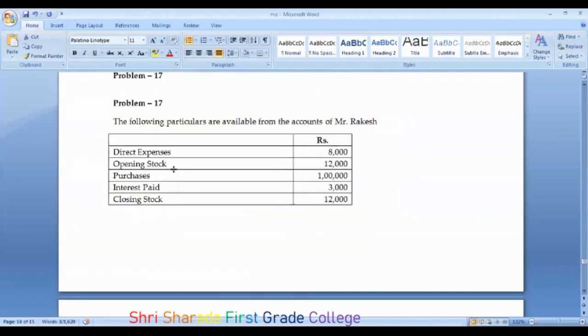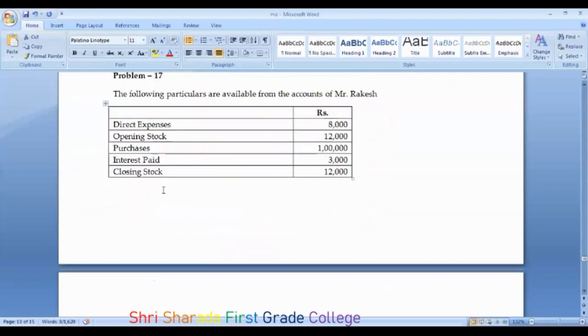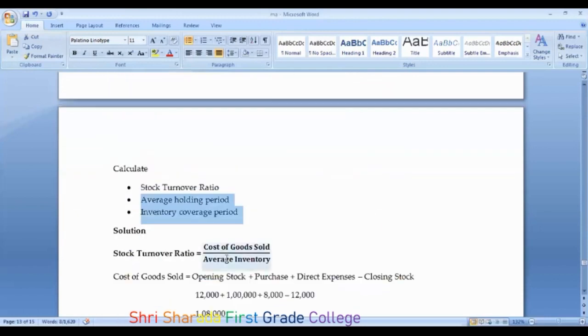Cost of goods sold includes the opening stock, purchases, as well as any direct expenses, and it also takes into account the closing stock. Whenever there are direct expenses, indirect expenses will not be considered. Which are the direct expenses? In case any carriage inwards is incurred, carriage inward will be a direct expense. Whatever item you record in the trading account comes under direct expenses.